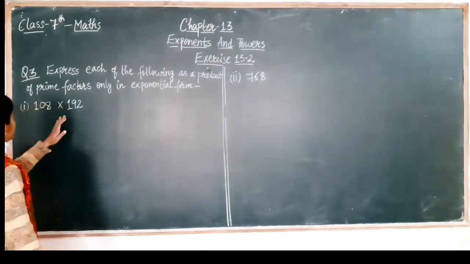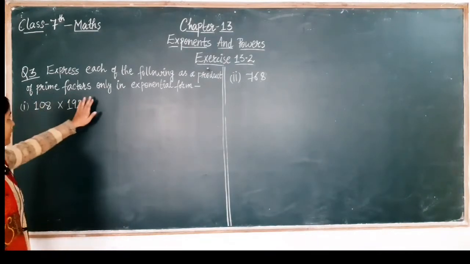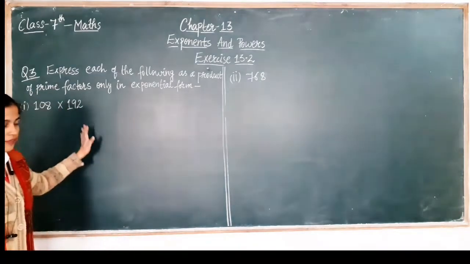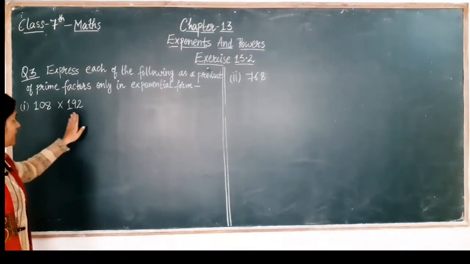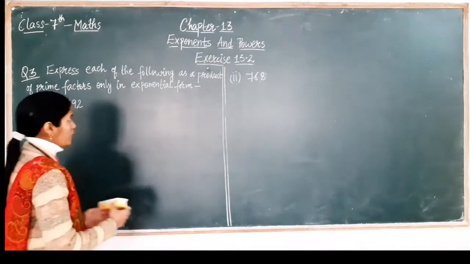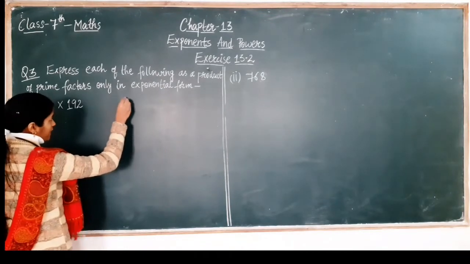Now we'll see our next question, that is express each of the following as a product of prime factors only in exponential form. So in this question we have to first find the prime factors of these two, then we have to express the answer in exponential form. So first we'll find the prime factors of